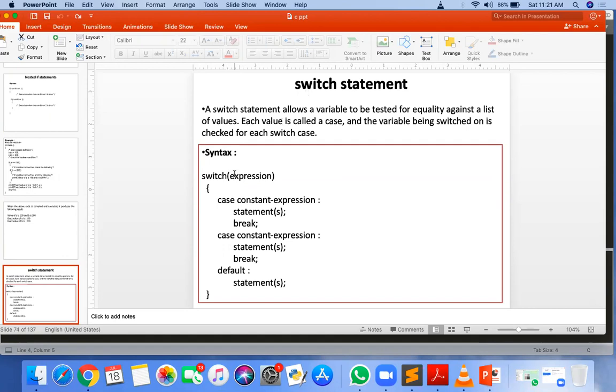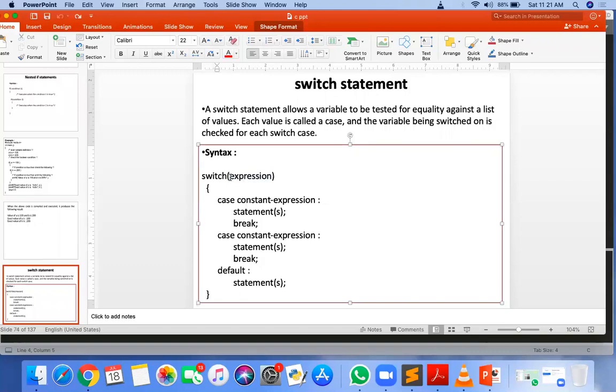So here the syntax is which variable we want to compare. It will only do the comparison, and only an equality comparison we can do here. Whatever variable we want to check, or any expression result we want to check, we put here. Generally we put the variable here. We check its value, and the possible values of that variable we put into the different cases.